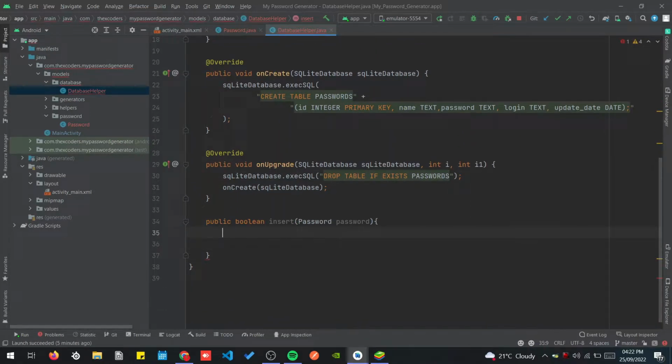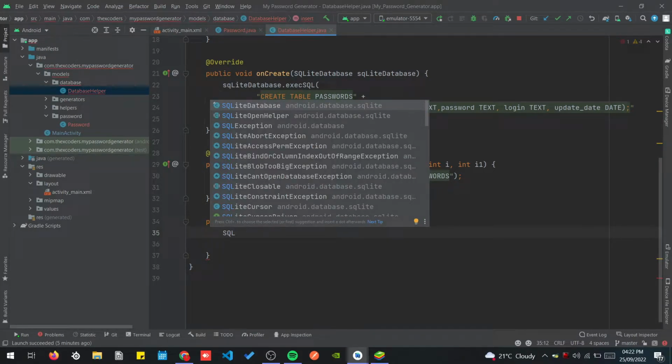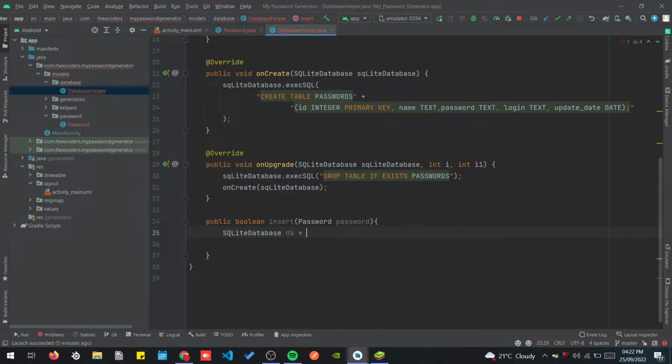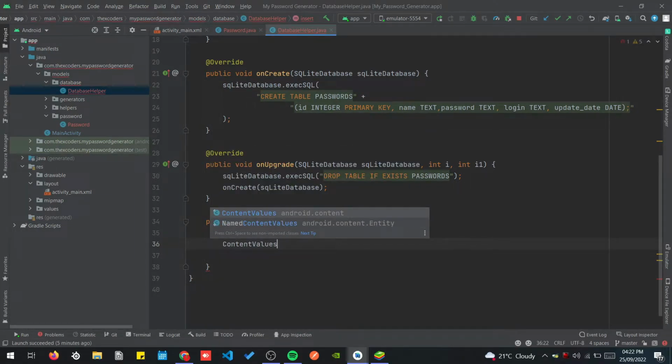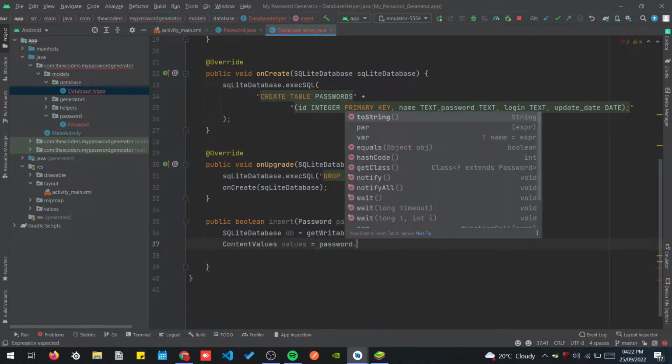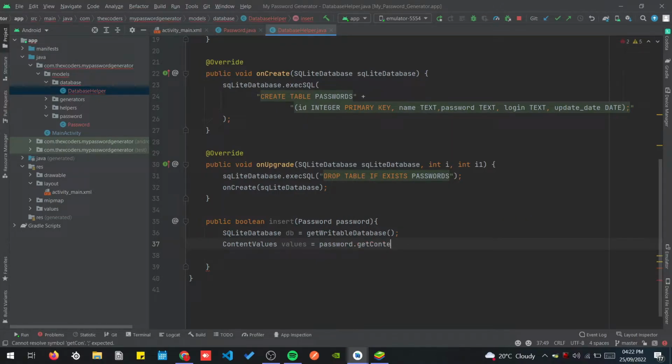So to insert into a database, we need the SQLiteDatabase db, get the writable database, and then we need content values that we are going to insert. And for this, we're going to get them from the password getContentValues. This is a method that we're going to develop later on, and here we're going to return